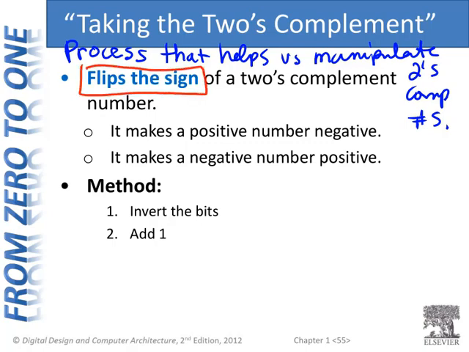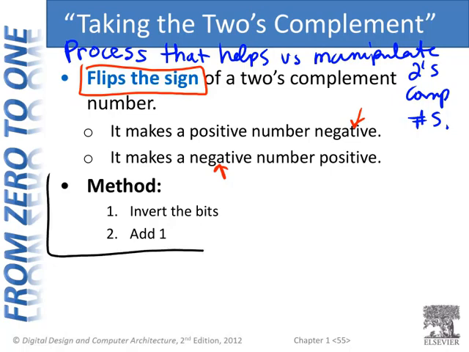So it turns a positive 2's complement number into the negative version. So 25 turns into minus 25 if we take the 2's complement. Or it takes a negative number and turns it into the positive version. So it would take minus 14 and turn it into positive 14. This process